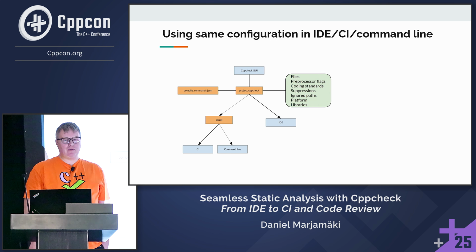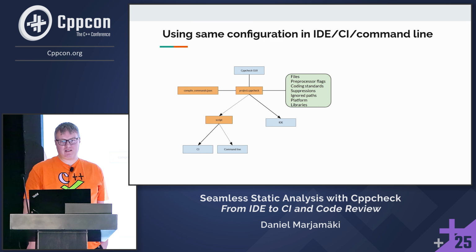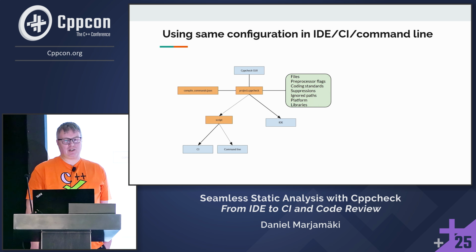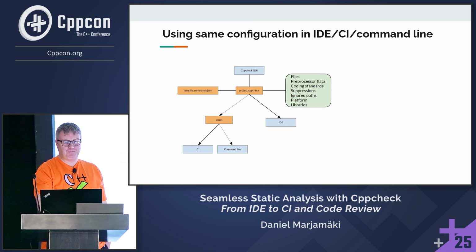So one way to achieve this is to use a cppcheck project file. And this is something that you can easily create using the cppcheck GUI. It can create it and edit it and so on. And it provides most of the cppcheck warning flags settings. And you can, for instance, import project files into that project file. So if you have a compile_commands.json, you can import that. If you have a Visual Studio solution project or something, you can import that and so on. And then you can reuse this in your IDE and CI and so on to limit the amount of configuration you need to do there.